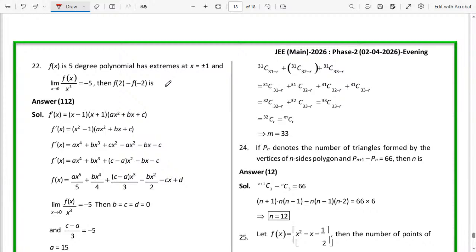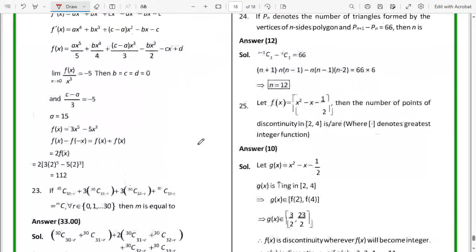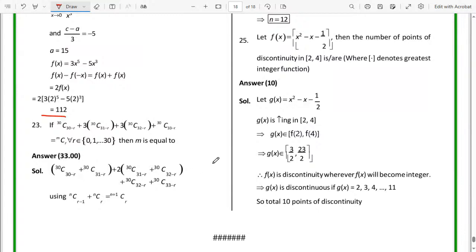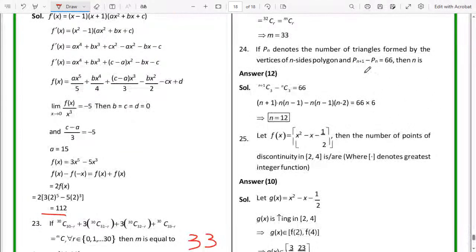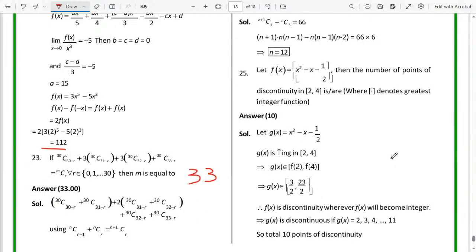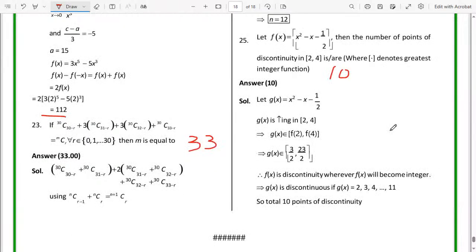The answer is 112. 112 is the correct answer, students. So how to get this? Yes, the solution is given here. Please go through the detailed solutions. Next, question number 23. The answer is 33. So how will you get it? Please go through the solution here. Next, question number 24. The correct answer is 12. Next, question number 25. The answer is 1010. Dear students, here ends the question paper of IIT JEE Mains 2026, April 2nd, Shift 2,